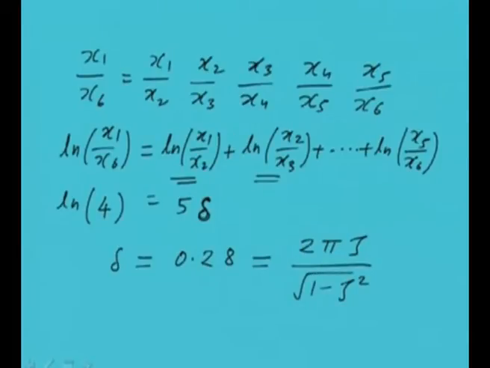We can get zeta from this after solving this equation, and zeta comes out to be 0.044. And once we know the zeta, we can obtain the damping coefficient, that will be this. So if we substitute all the values,